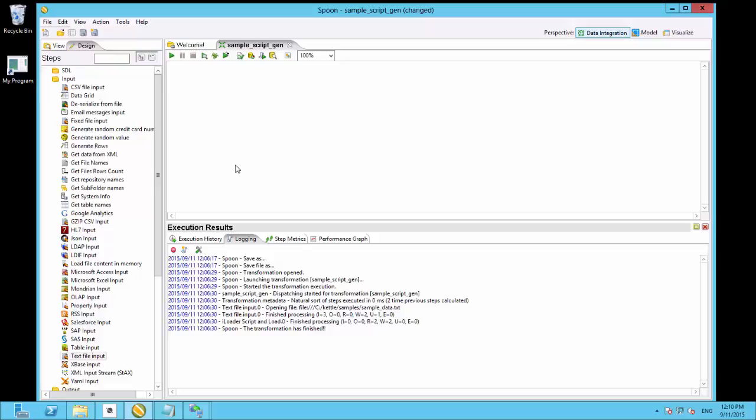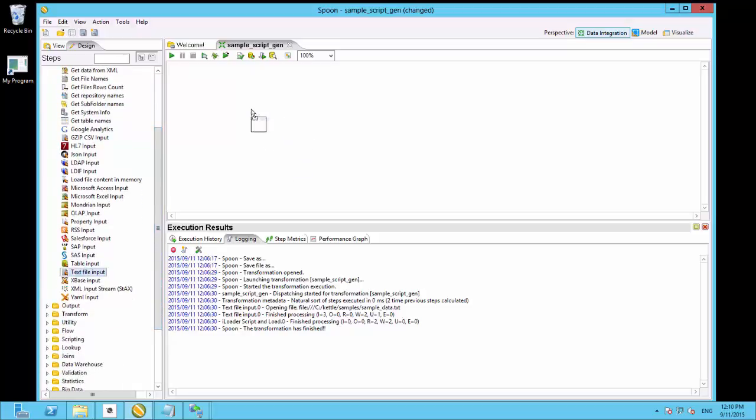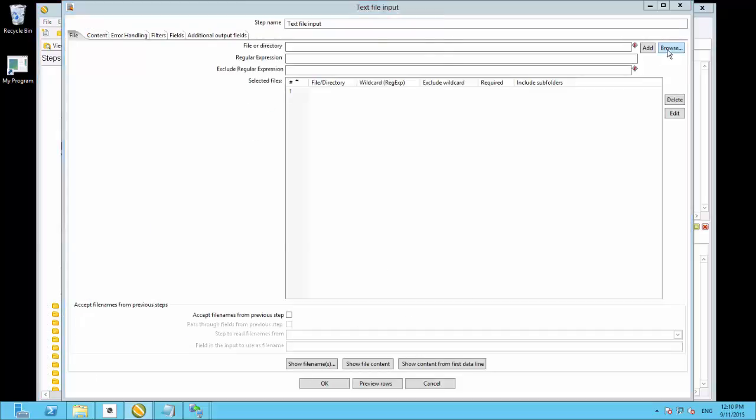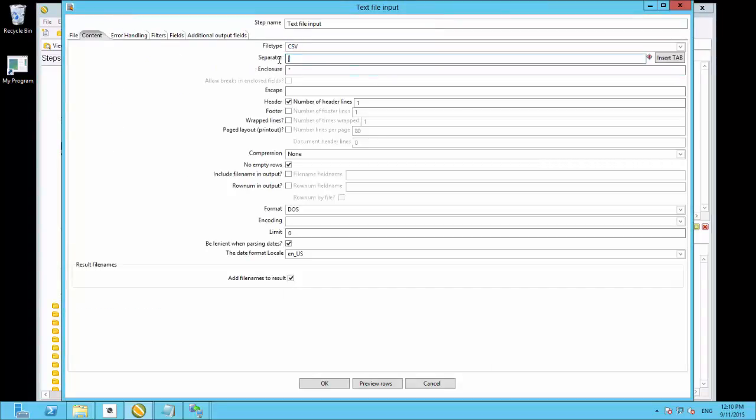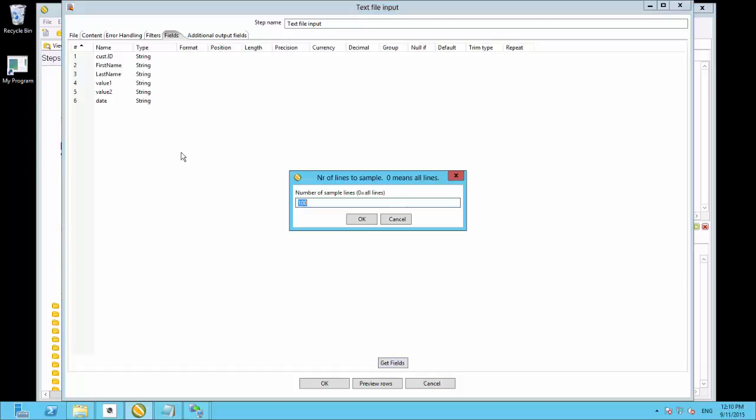We're going to look at how we can easily generate an iLoader script table definition out of the data within Kettle. So firstly, we're going to pull some data in. We're going to use a text file input, and I'm going to use some sample data for that. And I know that the sample data is comma delimited, and if we get the fields on this, we can see that